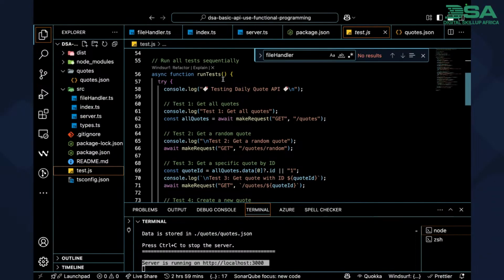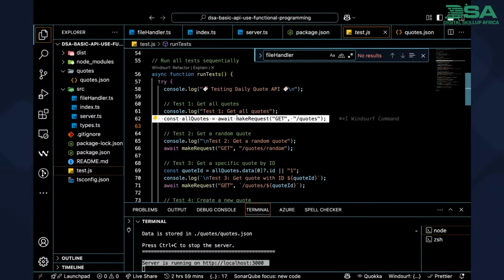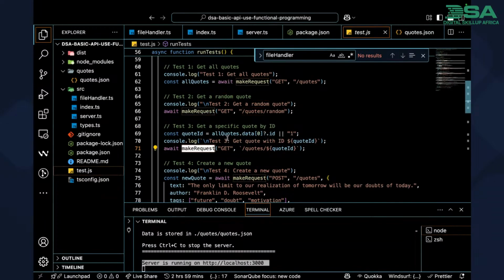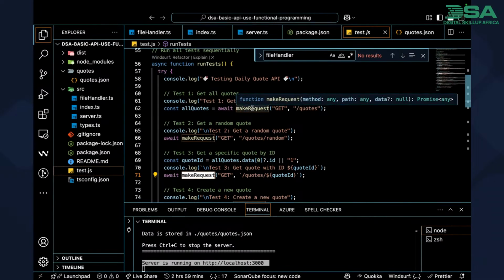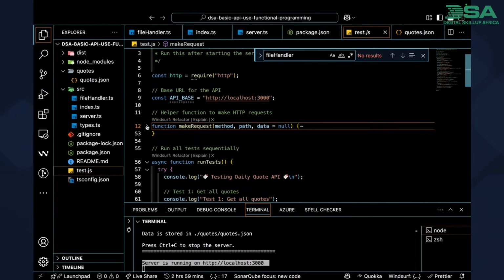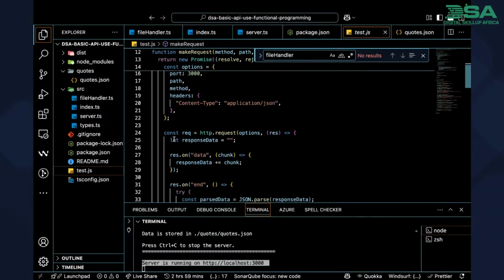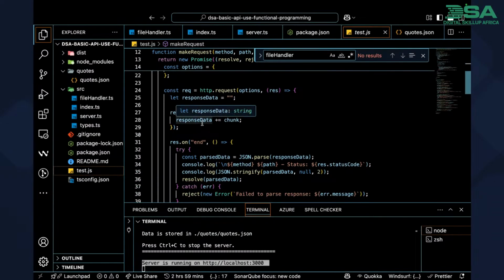So what is happening? Run test is running make request, get quotes, is running make request, get quote slash random. It's calling make request, right? And this is our make request right up here. So let's go to our make request and see what we have. We have the options, which has the host name, the port, the path, the method, and the header. And then we have our request functionality, right? We simply have it like we have it in